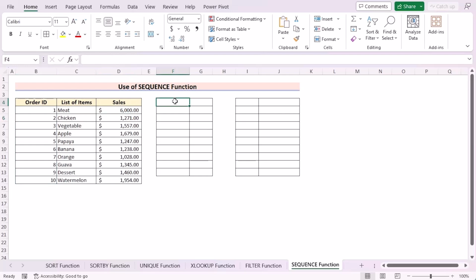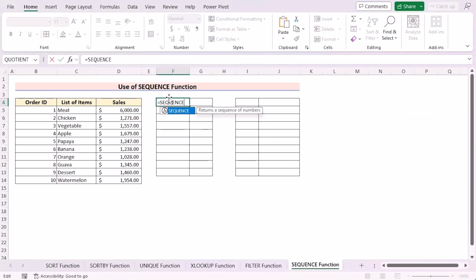But suppose if you want to generate a grid of numbers and the starting from number 2 incrementing by 5 in each row, then you can also do this by using the sequence function. Now let's go for the F4 cell and write down the sequence function, and this time as we are trying to show the 10 rows in each column, so write down 10 rows and the output will be shown in 2 columns, so write down 2 as our column input, and after that we have the starting position. We want to start the position from the number 2 and the increment will be 5, so write down 5